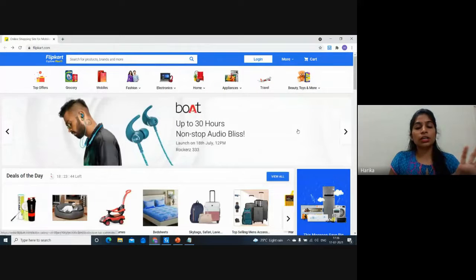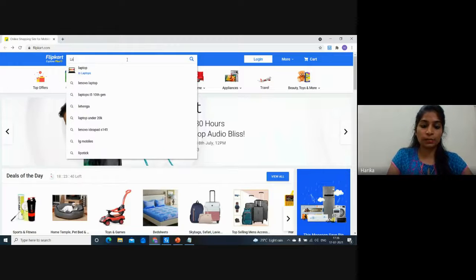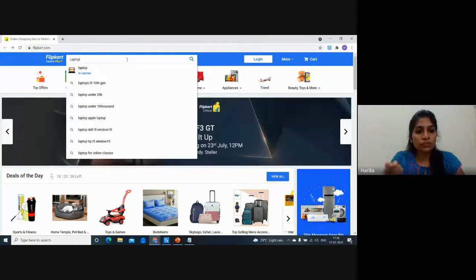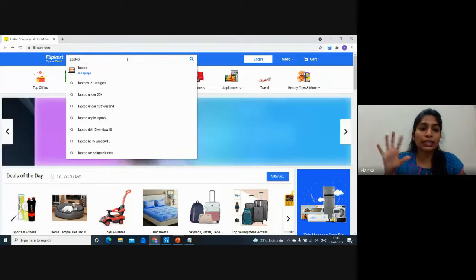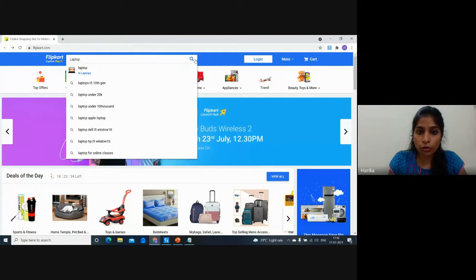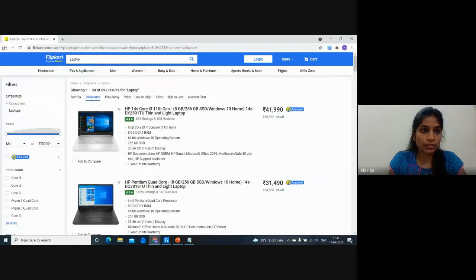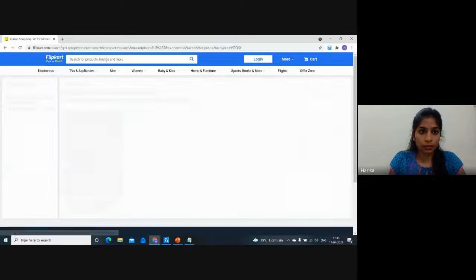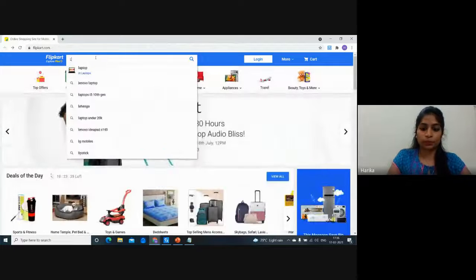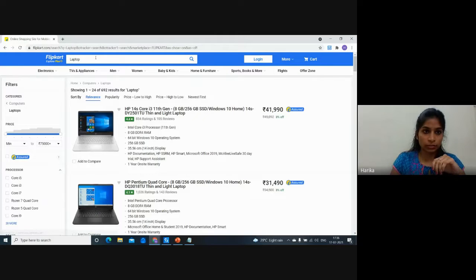Initially my robot will open flipkart.com and it will type laptop, right? Once after I type laptop, we are not getting the results. Either I have to click on search, or I have to hit enter, right? So either of these two actions has to be done.